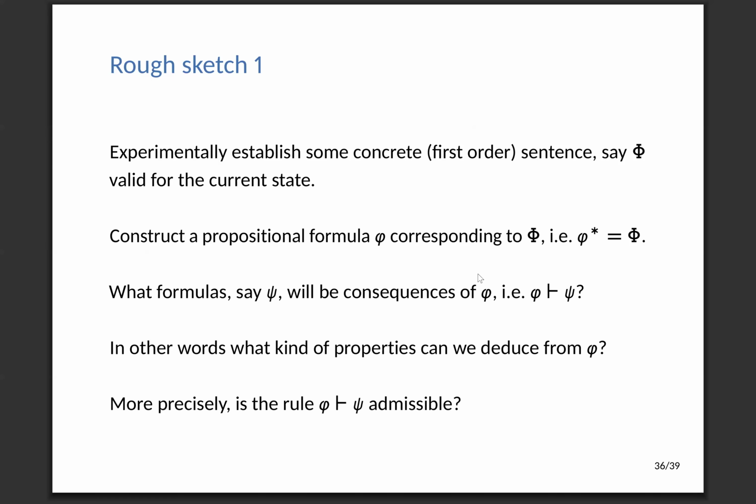We can construct a propositional formula phi corresponding to phi prime, and we can ask what formulas, say psi, will be consequences of phi. So this is already a logical mathematical question. In other words, what kind of properties can we deduce from phi? More precisely, is the rule psi admissible? So we will use known results from our logical systems